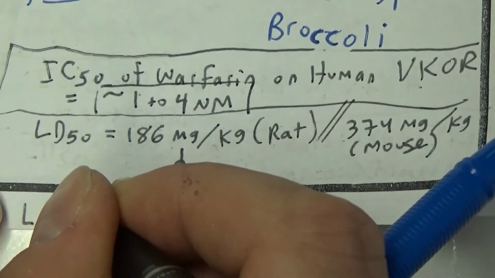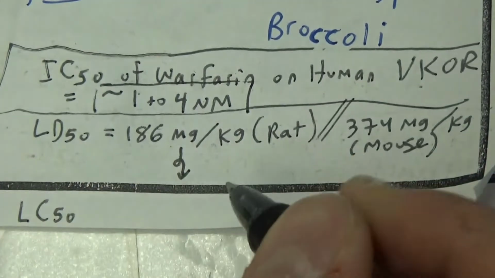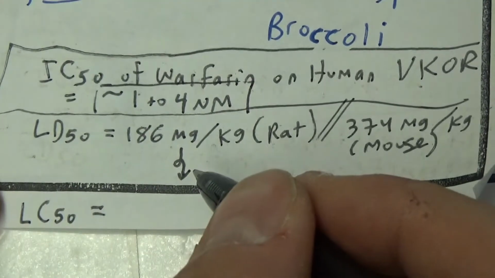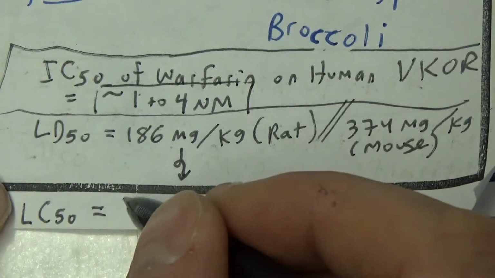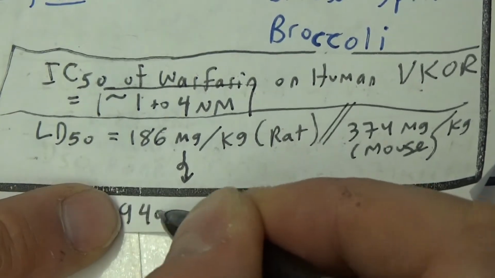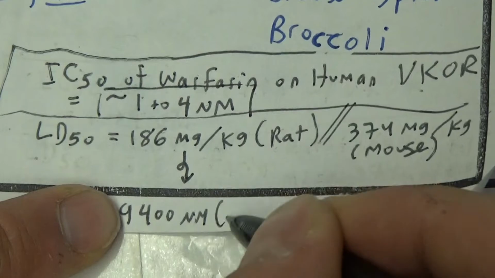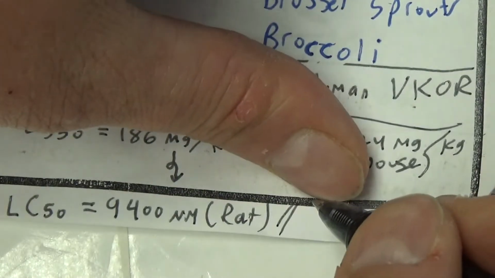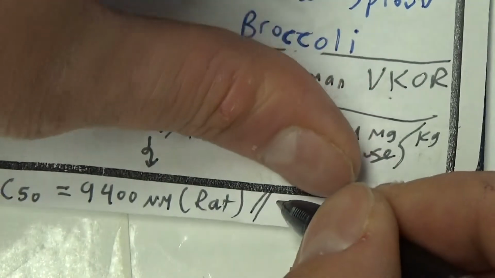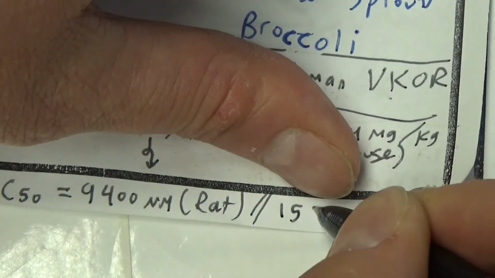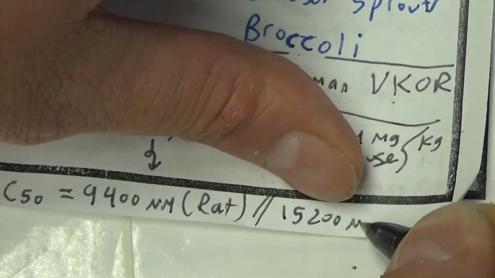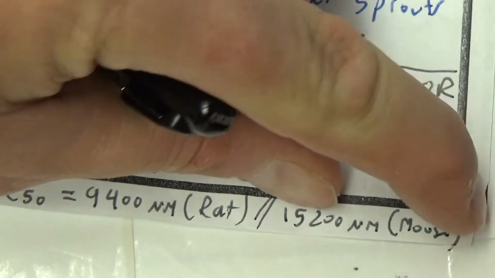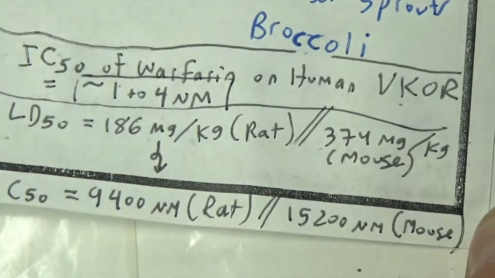LC50 is lethal concentration, and it turns out to be about 9,400 micromolar for a rat, and 15,200 micromolar for a mouse. And so,